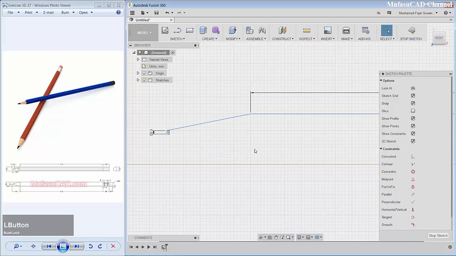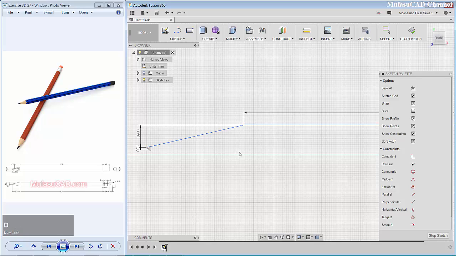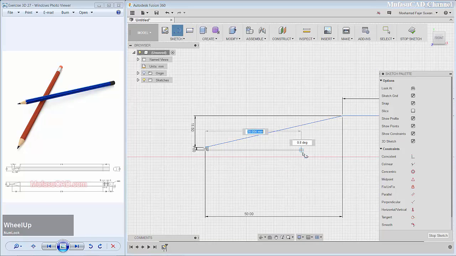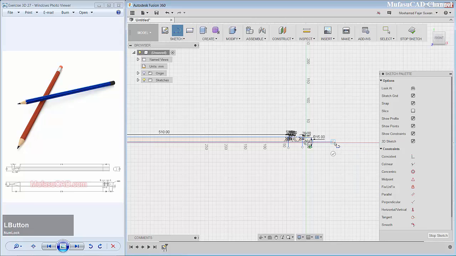Right click OK, we give the distance from this point to this point in here 11.5 and enter. Okay, I will create a dimension again from this point to this point. Okay, in here about 50 and enter. Next we create a line, start from this point, and you can zoom in, move to this point.